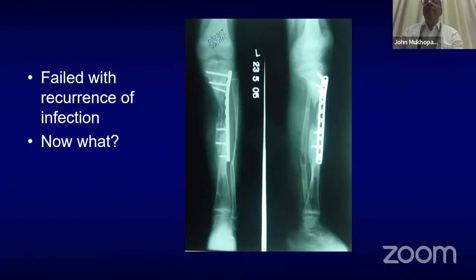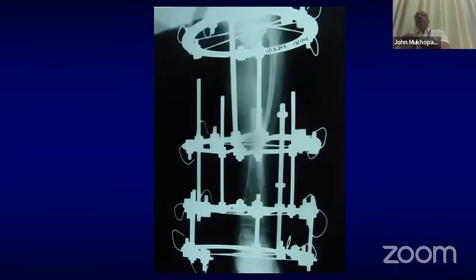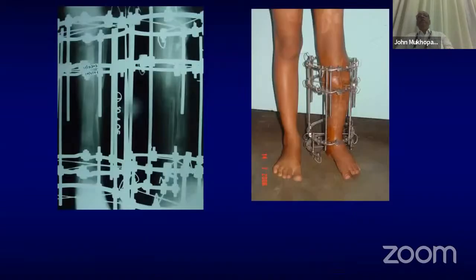So we had to go back and re-debride. And this time we decided on a different method. We used the Ilizarov fixator. So you can see we've got one ring beyond the ankle, two rings on the tibia and one ring near the knee. And then we did the corticotomy in the distal part. Proximal segment is a small segment, and we have a large gap there. And then we transported it from distal to proximal, got the docking compressed at the docking site, and that was her at this time. Once the fracture had healed, we took out the fixator.